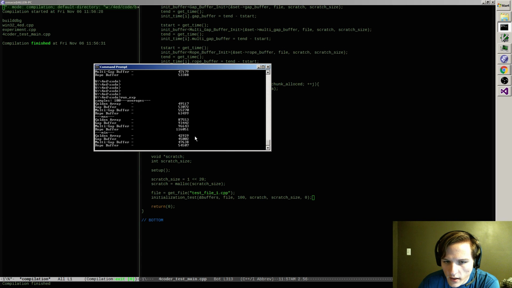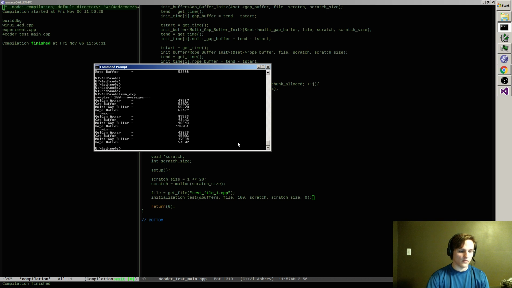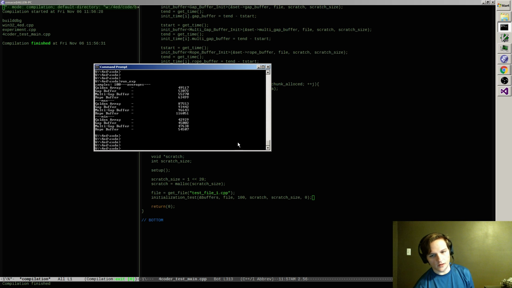We got a spike on rope buffer again. So that's interesting. The mins are also pretty stable, actually. It's not necessarily a great way to measure because you don't want to count on the best case scenario, but the fact that it's stable means it's maybe a good way to compare them, right?